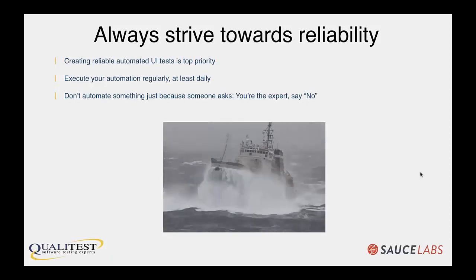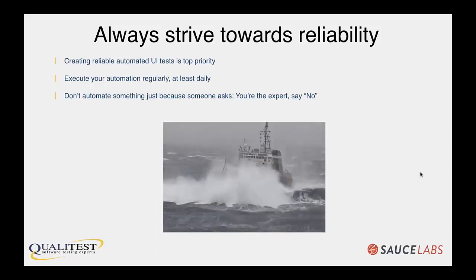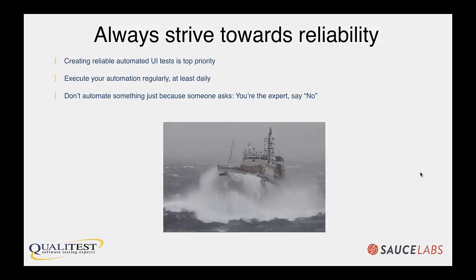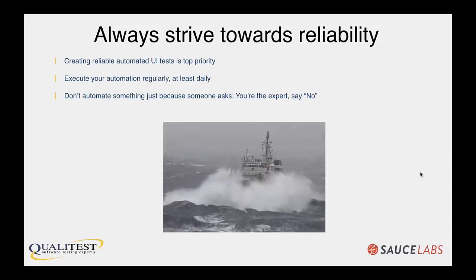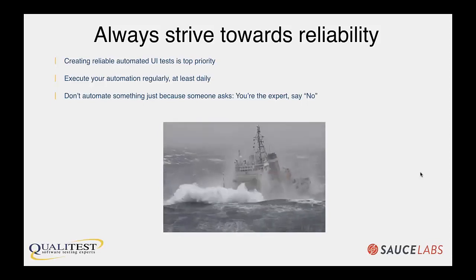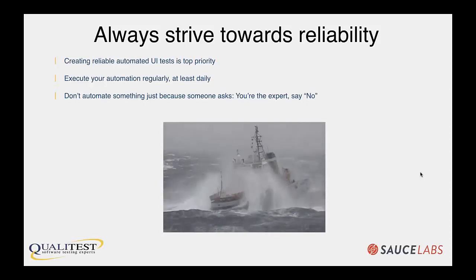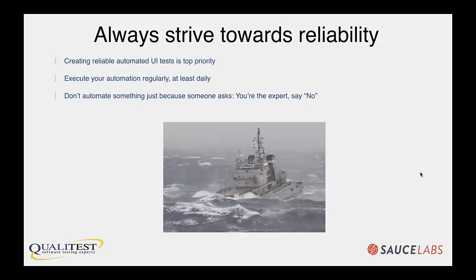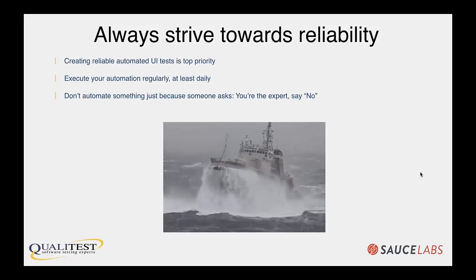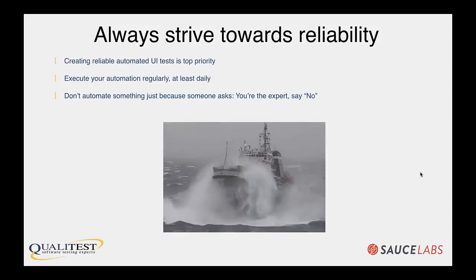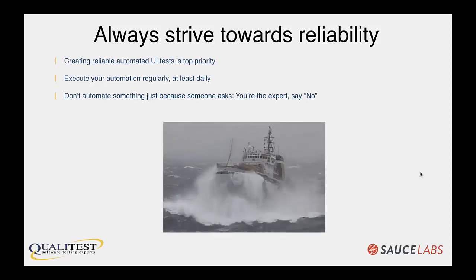The final point I want to make here about striving towards reliability is to make sure that you don't automate everything just for the sake of automation. As Gerie spoke about, there is the test automation pyramid, and there are appropriate levels of test automation for different kinds of scenarios, right? If you're doing something like a calculator functionality and you want to make sure that 2 + 2 = 4, that's something that can be done at the unit level. It does not need to be done at the UI level, or it could even be done at the API layer if it's a web application, for example.